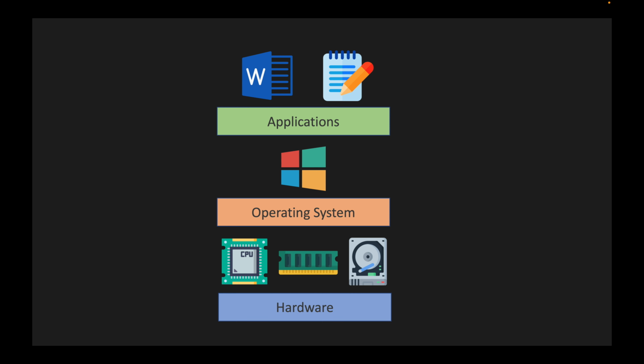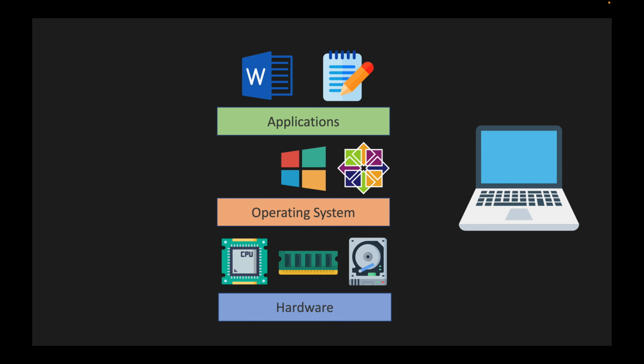But what if you want to use the CentOS operating system? What are you gonna do? The first option is buying a new laptop where the Linux operating system is installed. Or you will remove your Windows operating system and then install Linux on the same hardware. Here you might say that we have the dual boot option, which allows you to run two operating systems on the same hardware. But again, it will allow you to run just two operating systems. What if you want to use Ubuntu, CentOS, and Windows on the same hardware? This is the reason why virtualization exists.